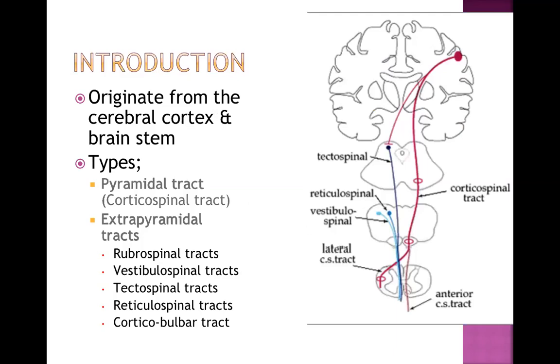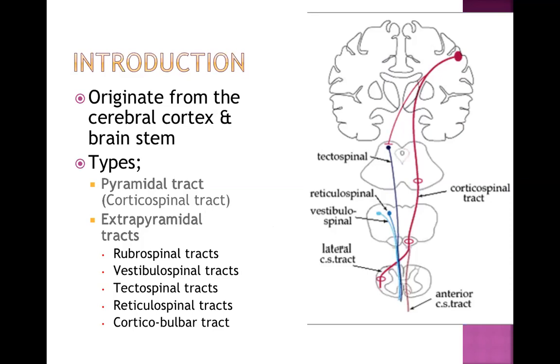Now, there are different types of descending tract present in the spinal cord. They are roughly divided into pyramidal tract and extrapyramidal tract. So they are either originating from the cerebral cortex or brainstem. Pyramidal tract is also known as corticospinal tract, whereas extrapyramidal tracts consist of so many different names, like rubrospinal